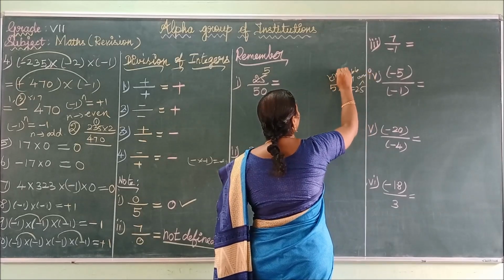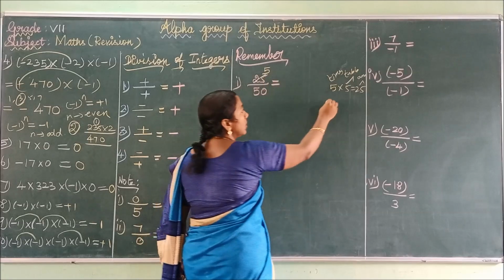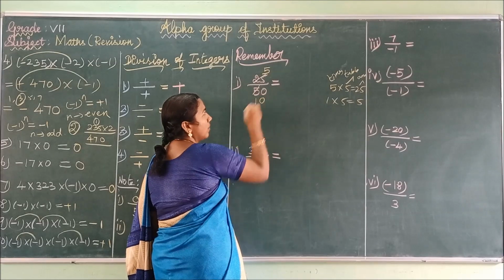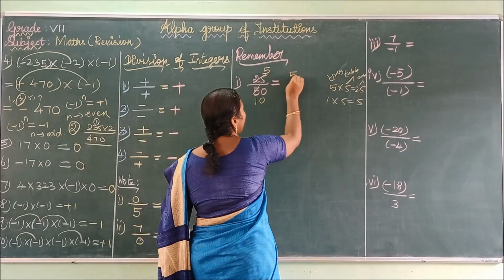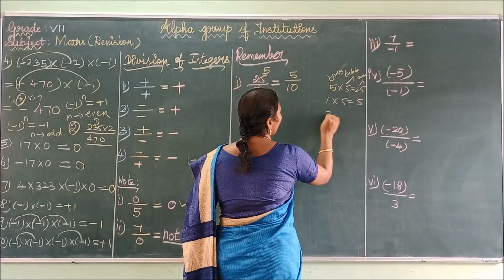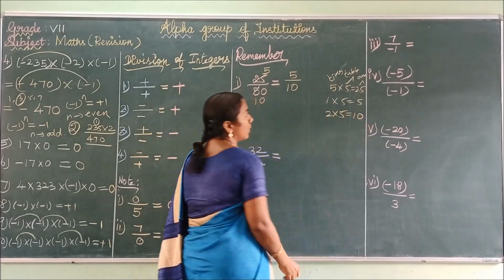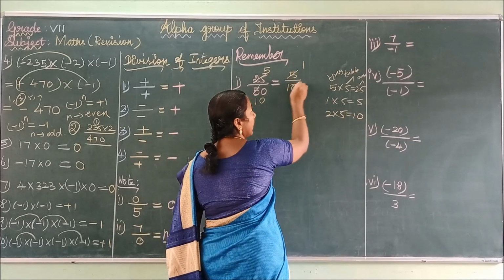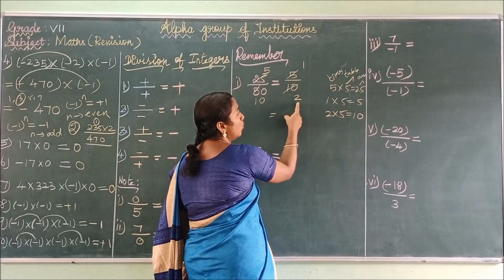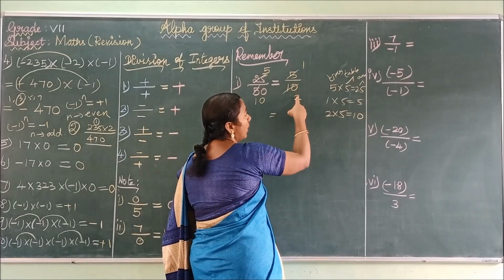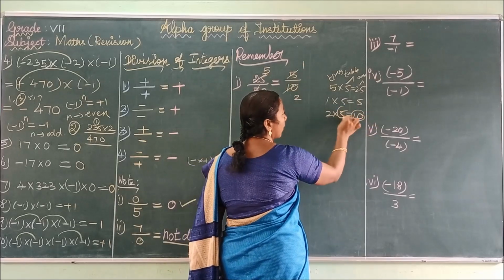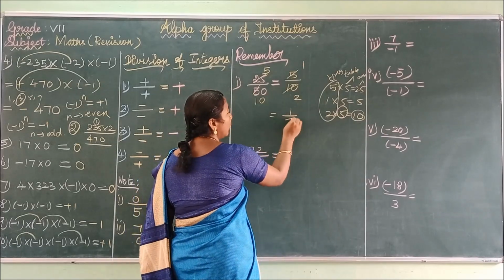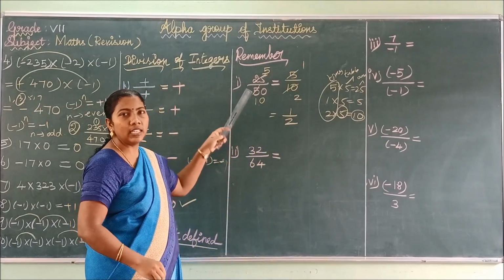Here you have to write the times only. Similarly, 1 five is 5, so strike out the 5, write 1 times and write the 0 along with it. So what is your answer? 5 by 10. Again use the 5 table. 2 fives are 10, so cancel the 5. 1 five is 5, write the 1 here. Cancel the 10 and write 2 times. So 1 two fives are 10, so here you write 2 only. Don't write the 10 or 5 here. So your answer is 1 by 2. This is the way you cancel the given integers.